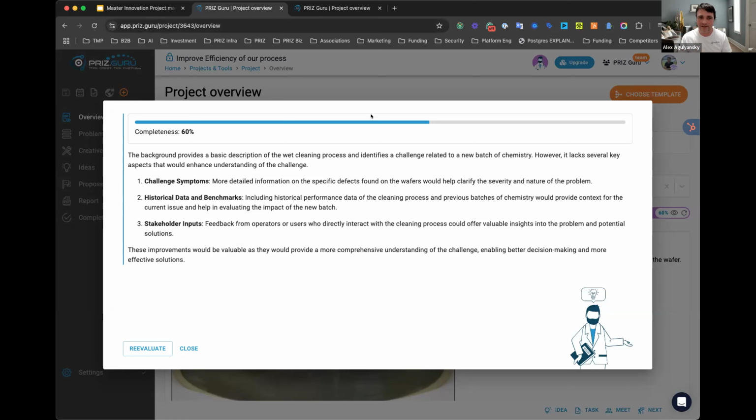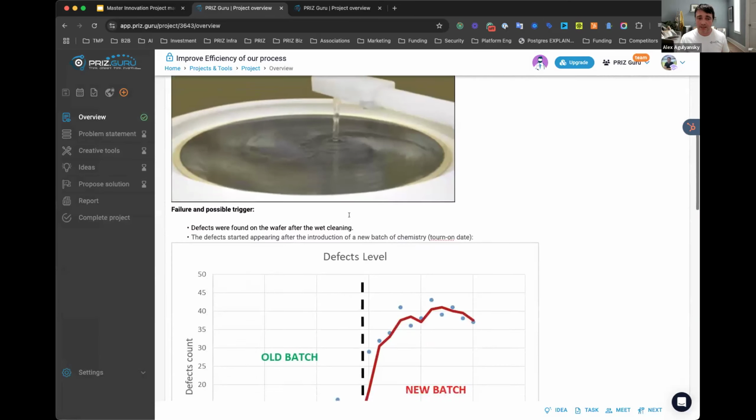This is when the bar becomes green. It's extremely hard to get to 100%, as you would expect in anything that you're documenting in a regular Word document for these types of projects. Of course, it's very hard. Everybody who reads it will find something missing in there, and that's normal, and that's okay, right? And again, additional details that it suggests to add and so on. So that's the project background.